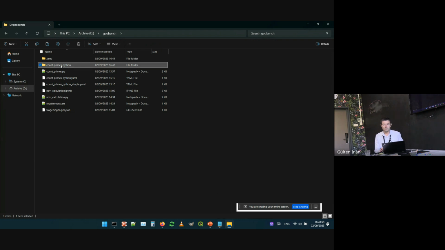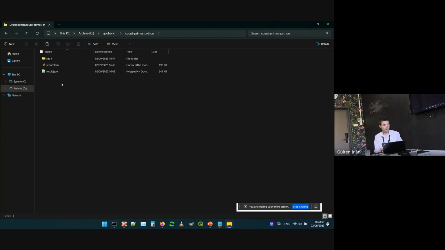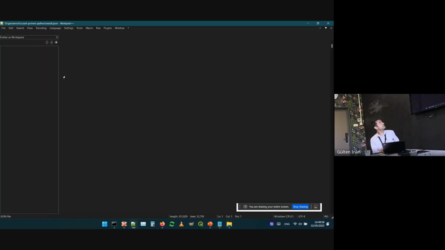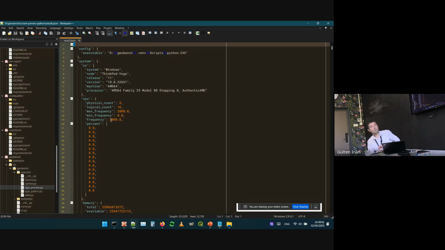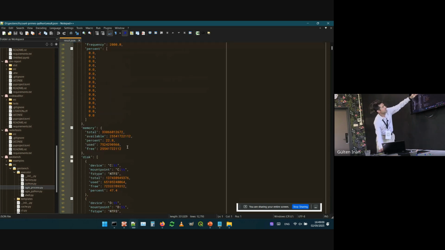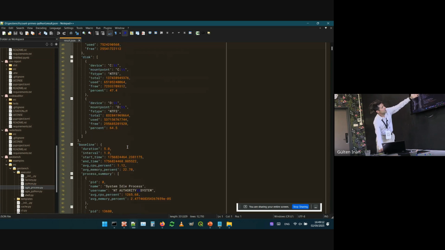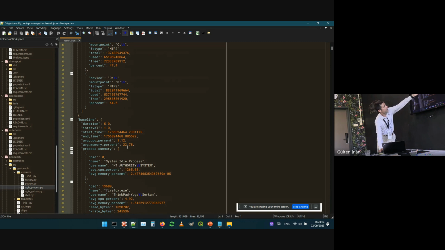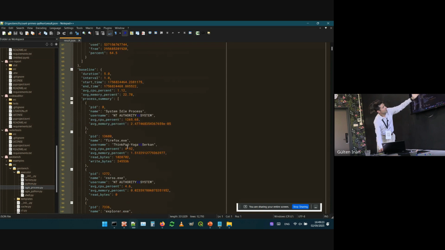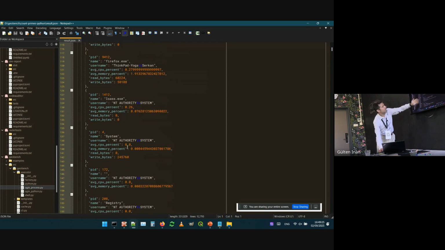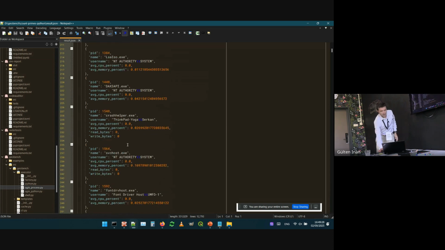what you get is a folder. And inside the folder, you have first this results.json file, and this results.json file includes all the information about the test. So the system, the CPUs, the utilization before the test, the memory, the disk storage, baseline monitoring for 5 seconds, and each 1 second measurement that took place, the start time and end time of baseline, all the processes that were running during that baseline. And once you skip this,